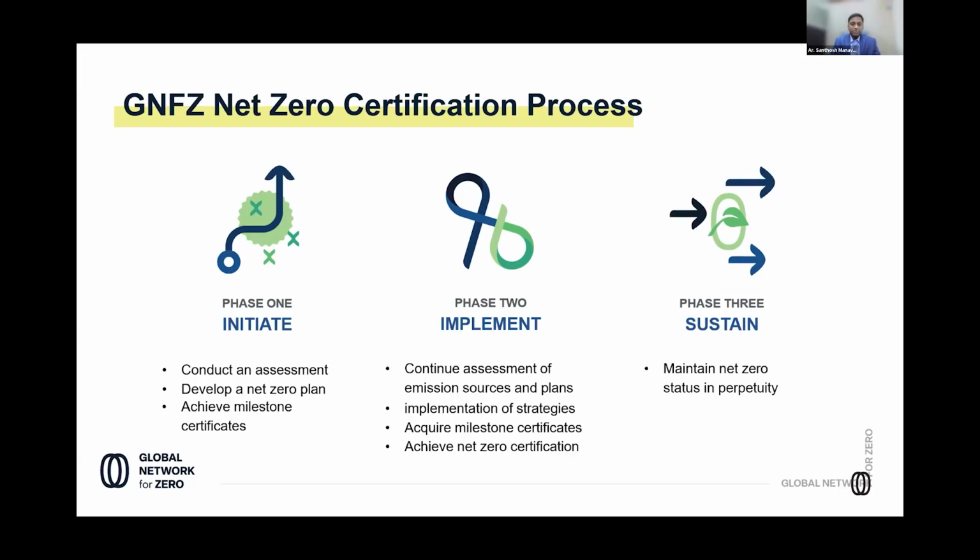We have Dr. Anshul to speak, and she's a partner with us, and she's been implementing net zero for quite a lot of projects with Global Network for Zero as well as other rating systems. With experts like them, we can expect that projects can implement the net zero plan during ongoing operations. But if it has been designed for net zero already, it makes the job all the more easier. Only for the incremental emissions we may need to be bothered,